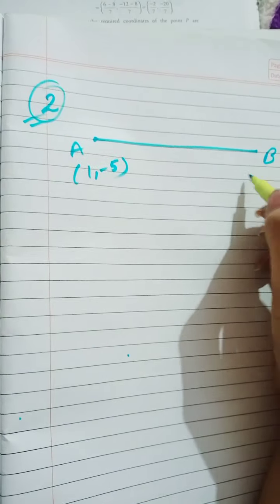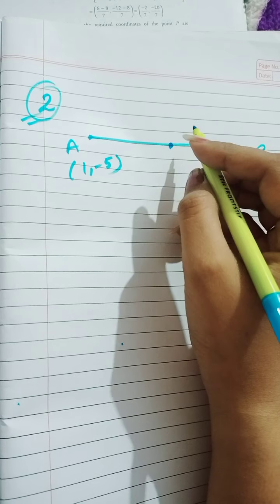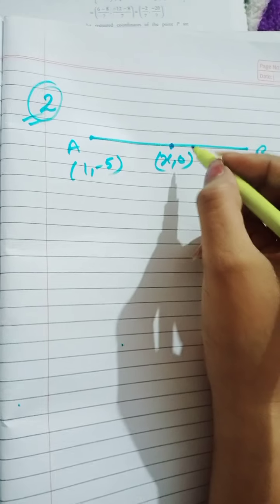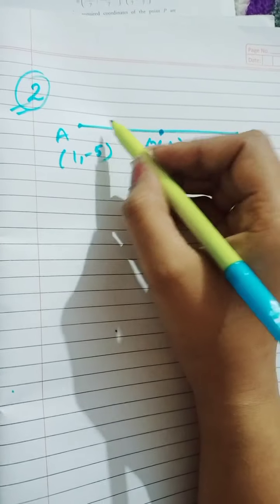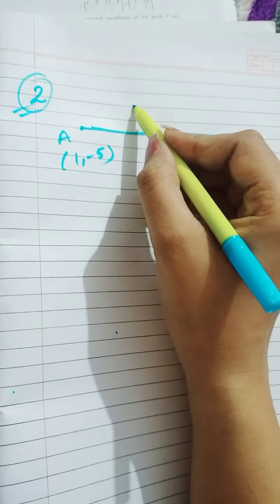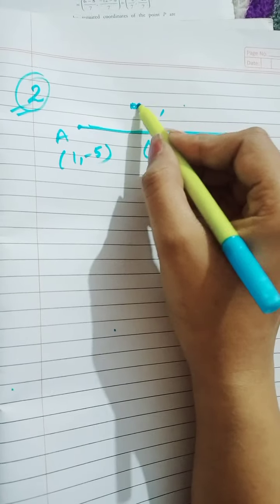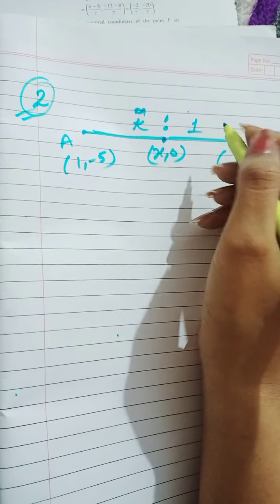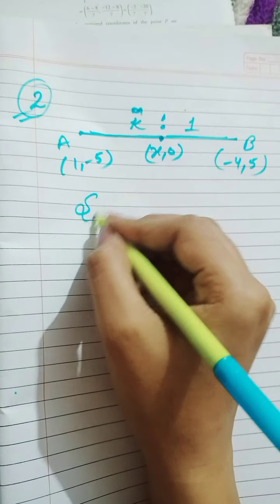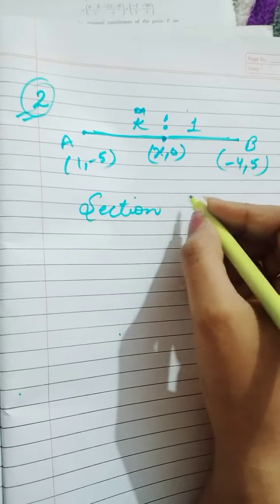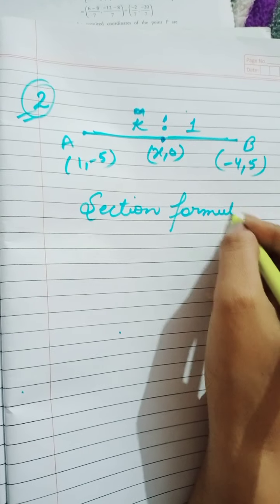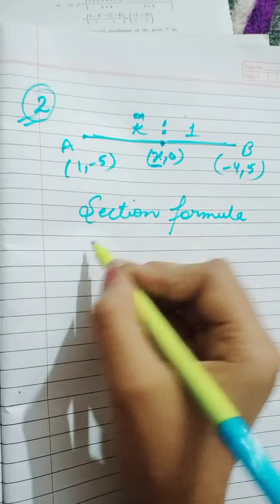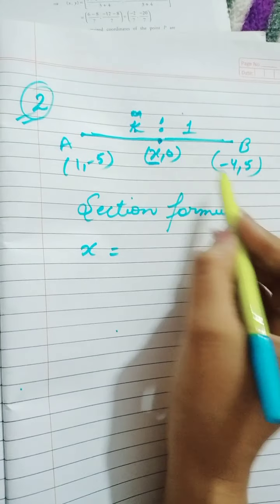So what would be the coordinates of this point? (x, 0), because the x-axis is going to divide this, no? And whenever the ratio is missing, you will not take m1 ratio m2. You have to take k ratio 1. Okay, so by using the section formula only, we will find the ratio and the value of x. So first of all, to find the value of x, m1 should be multiplied with